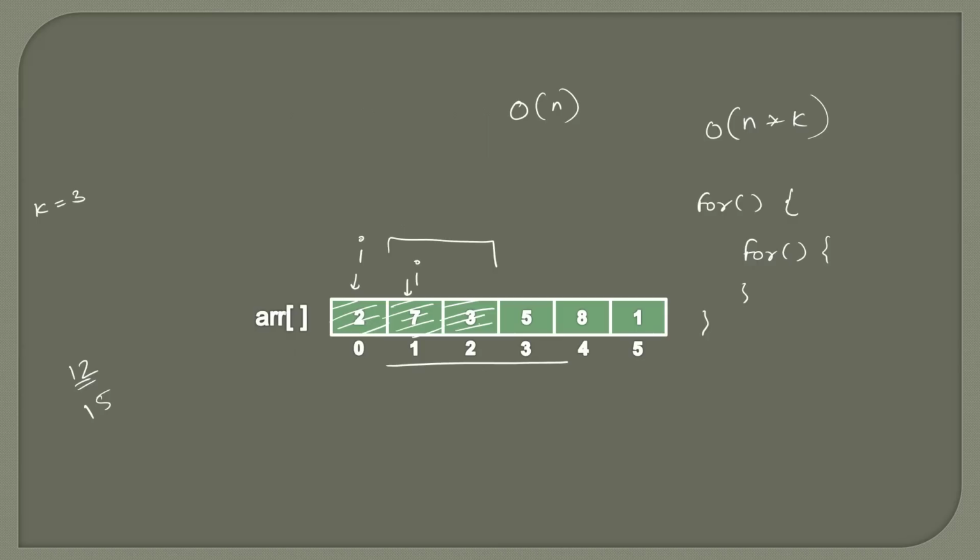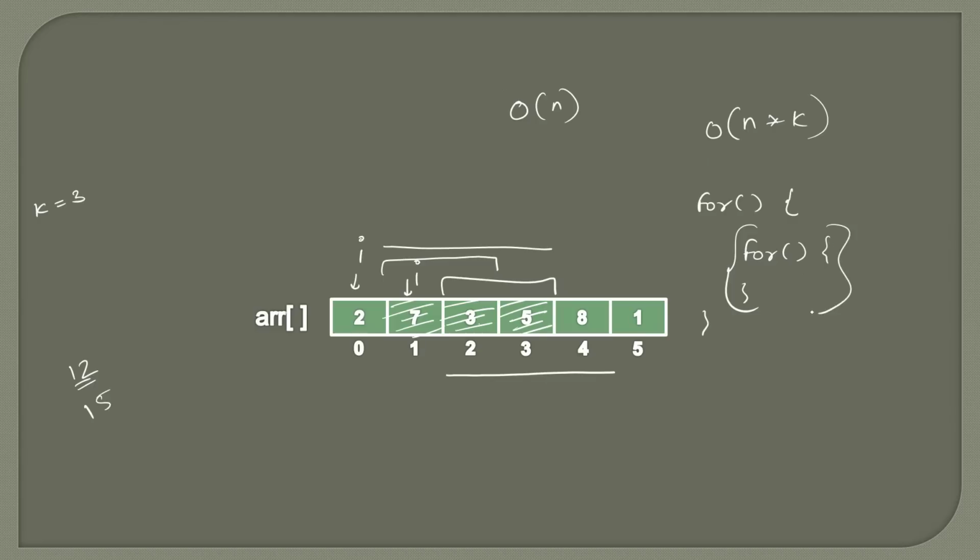So we did the sum again for these 2 elements, and similarly for the second window, we took the sum of 7, 3 and 5 like this. But when we went to the third window, we again took the sum of 3, 5. So this much part we are doing the sum again in the for loop. This is actually increasing our time complexity.